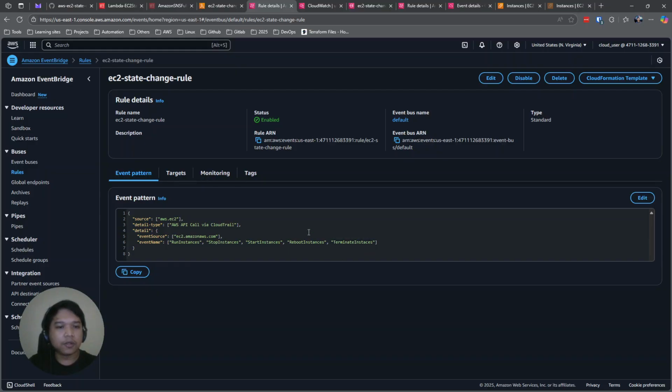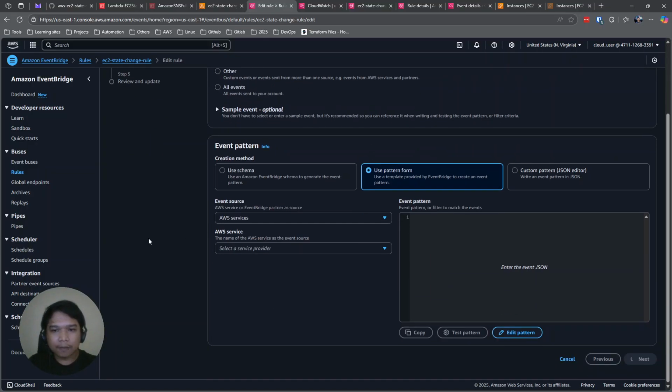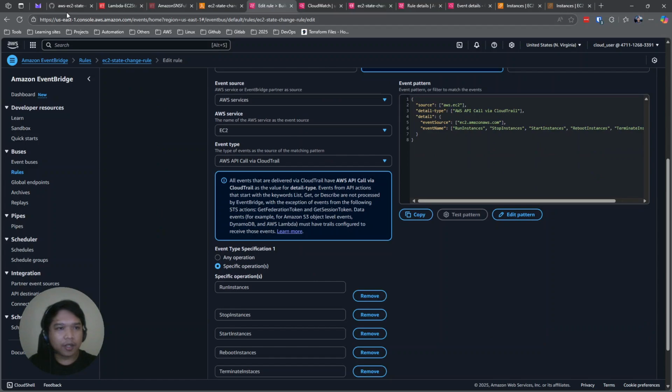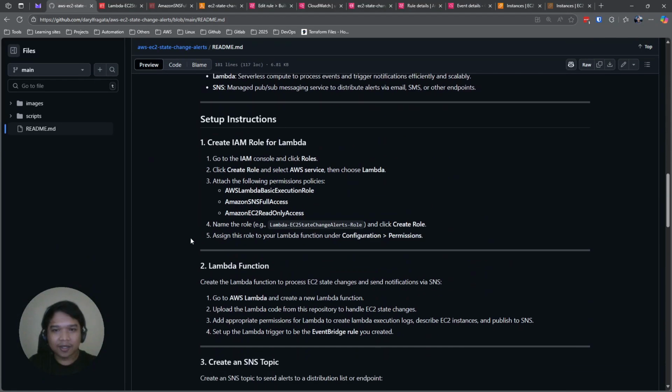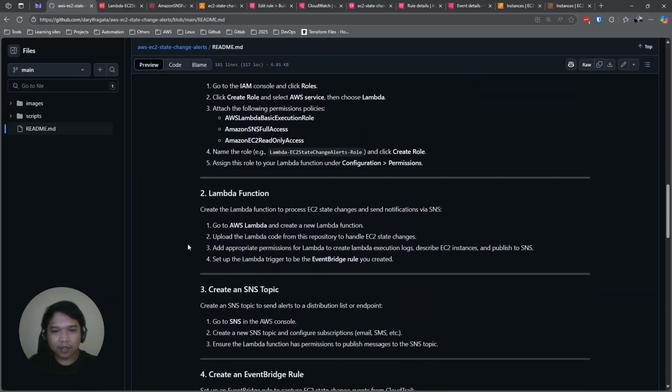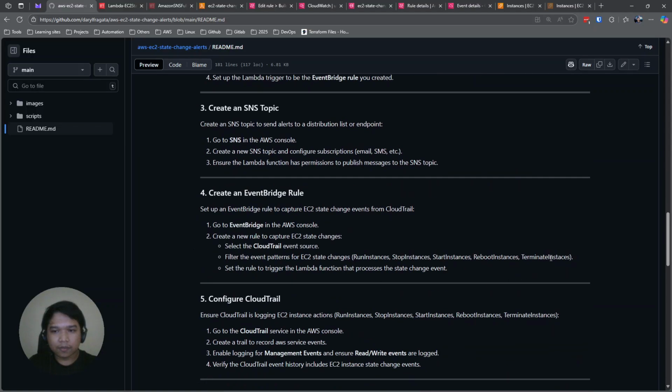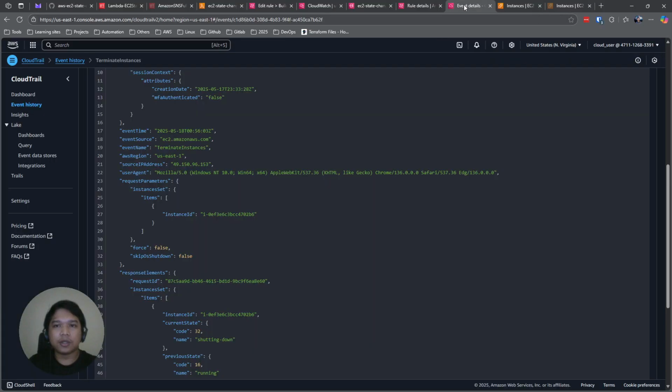The reason why we're not able to receive an email is because EventBridge is not able to see this kind of event name, because there's no event name spelled like this one. So we need to update this. I just copied it here.